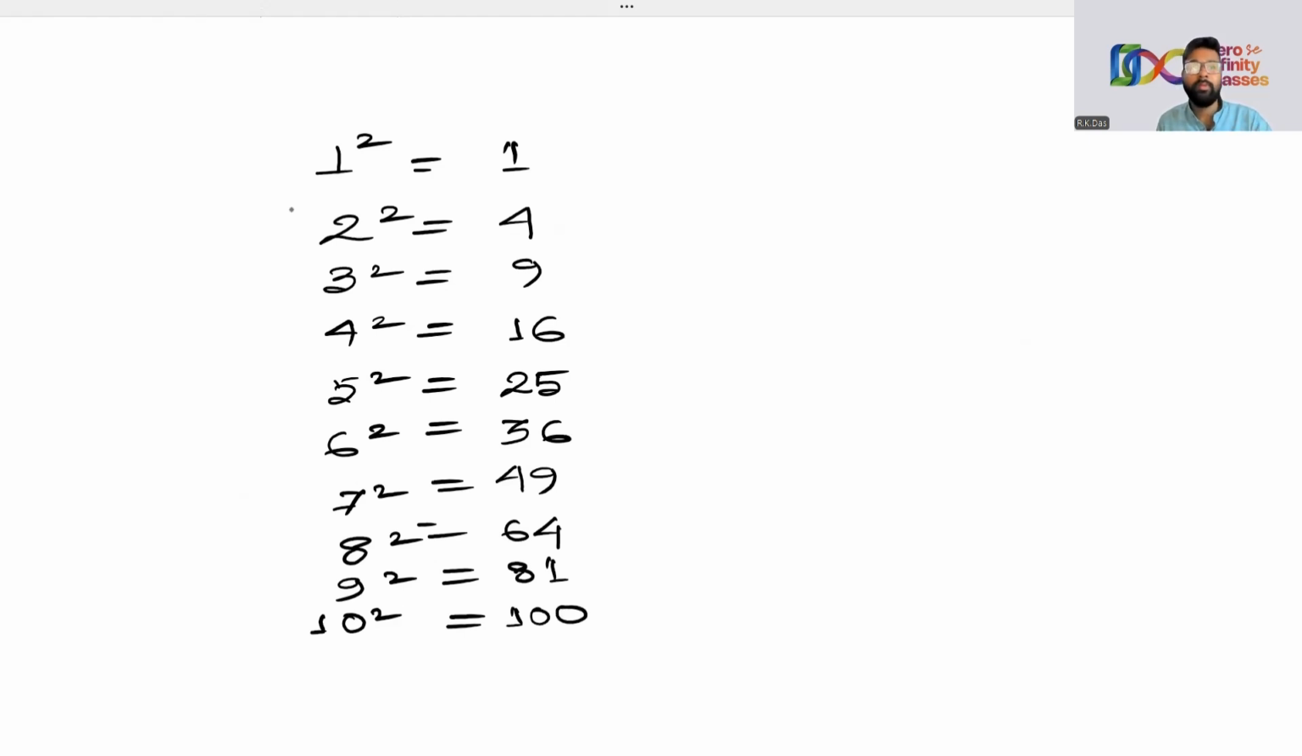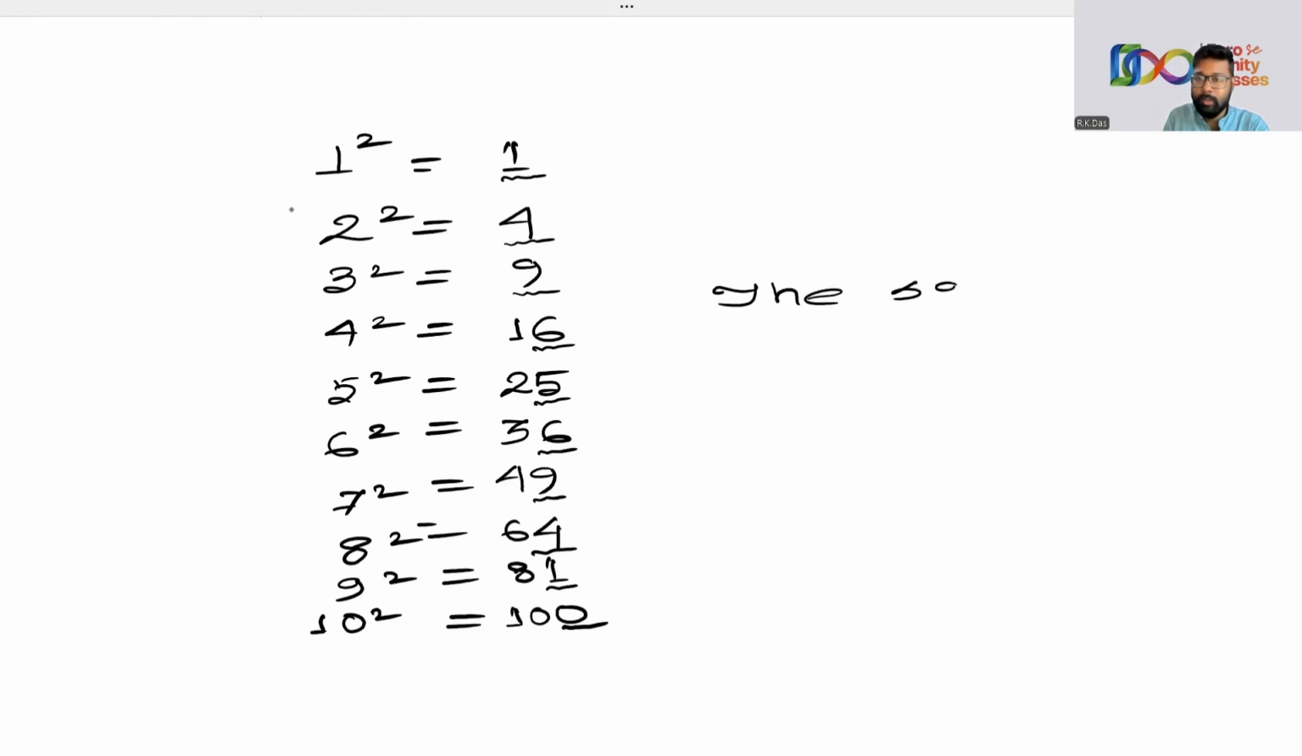If you observe carefully, here we can see the unit digits. Here the unit digit is 1, here 4, here 9, here 6, here 5, again 6, again 9, again 4, then 1, then 0. So from this we can conclude that no matter which number you are squaring, the square number always ends with